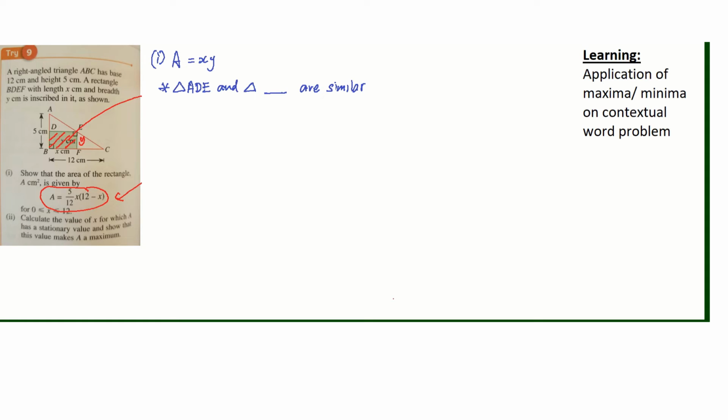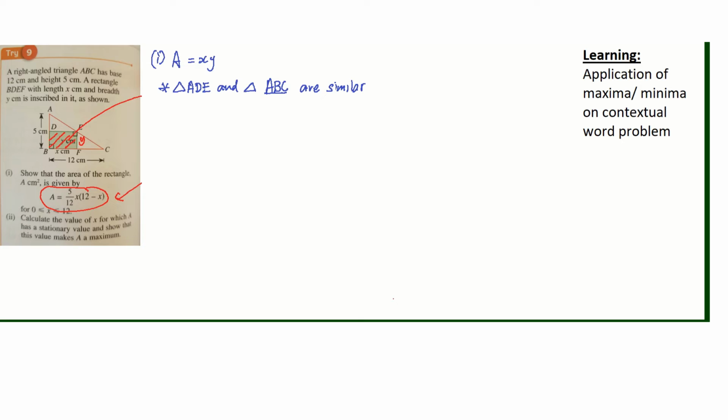Okay, so this is where I'm going to go through the question now. I hope you guys are able to spot a pair of similar triangles. In fact, I'm looking at the small triangle ADE and the larger triangle ABC. Since both ADE and ABC are similar, that means the proportion of the sides